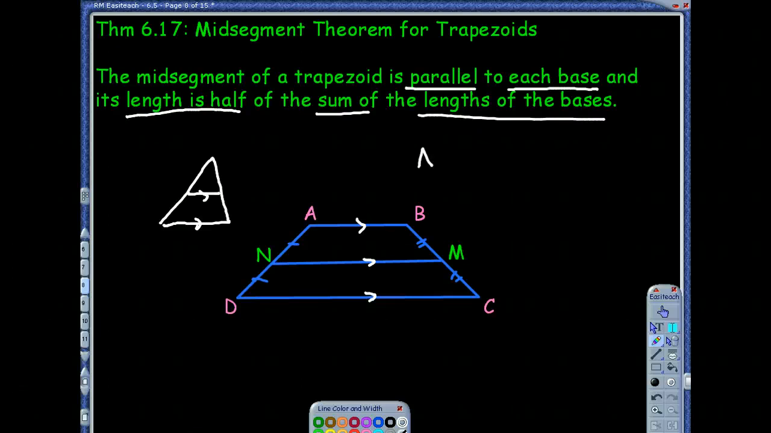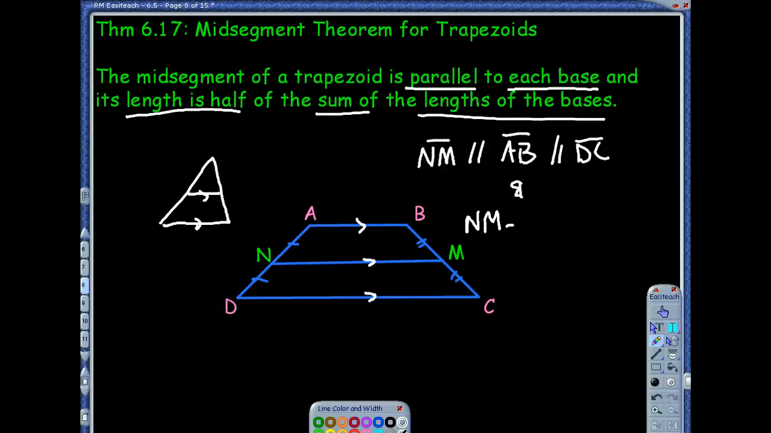Let's say NM is parallel. Let's say that segment is parallel to segment AB, and it's parallel to segment DC. So all of those segments, let's put segment bars, all those segments are parallel. And the other part of this theorem, which is the one that you're going to use mostly, the length of NM